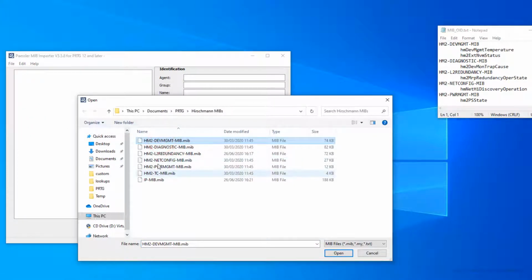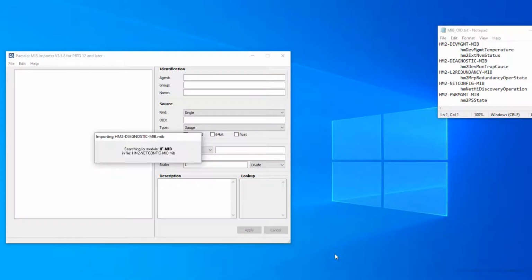I am selecting the MIBs that I need to import. The 2 additional MIBs are necessary as they contain information required by the other MIBs. The MIBs are being processed.